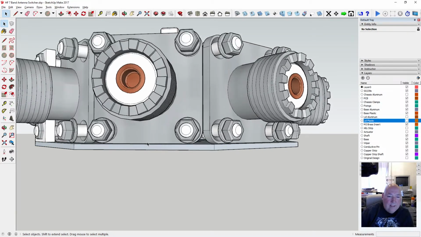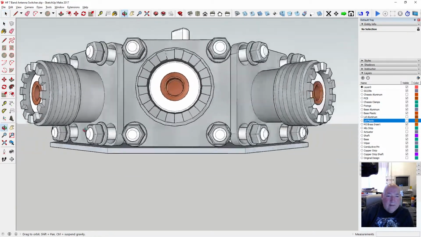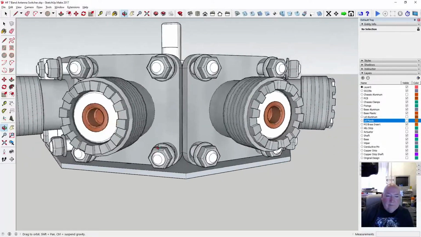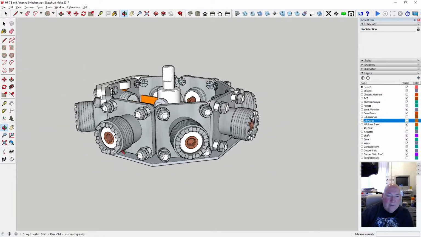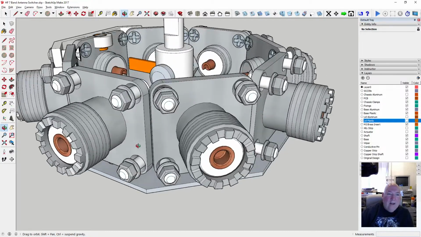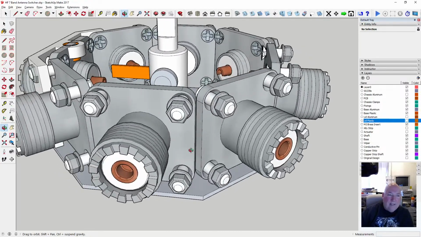Okay, so we've got metal on metal. Don't worry, it can overlap a bit, that's fine, because the plastic